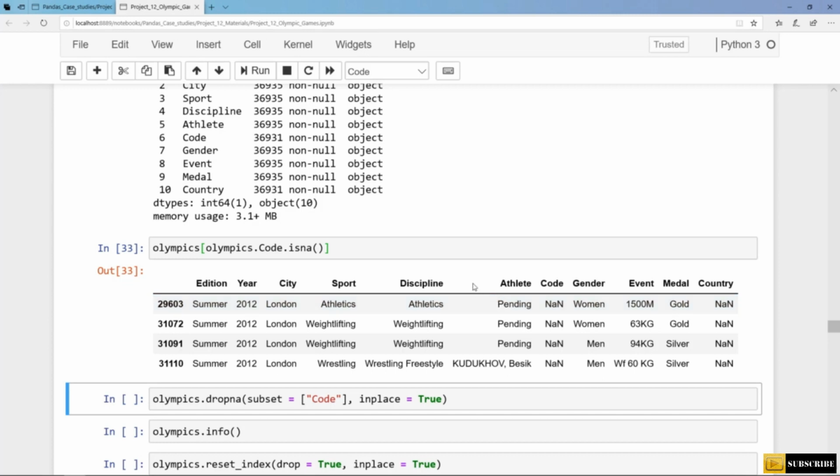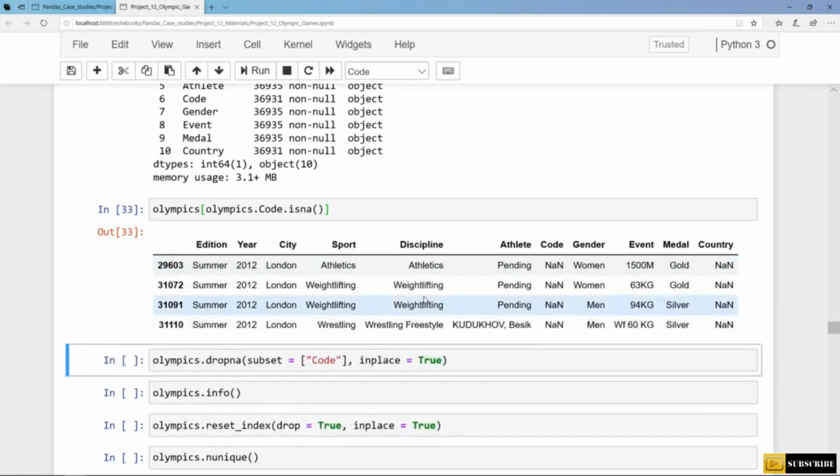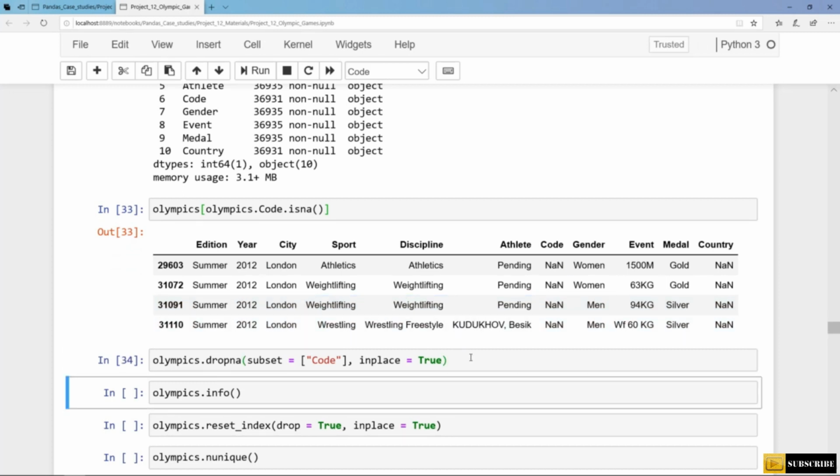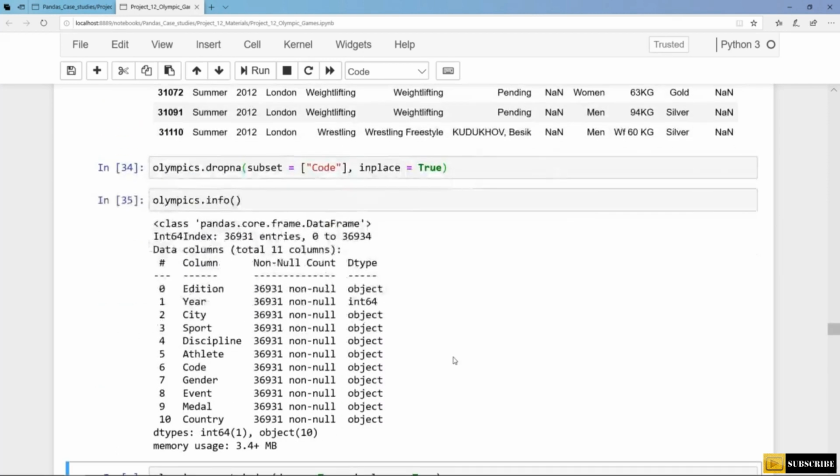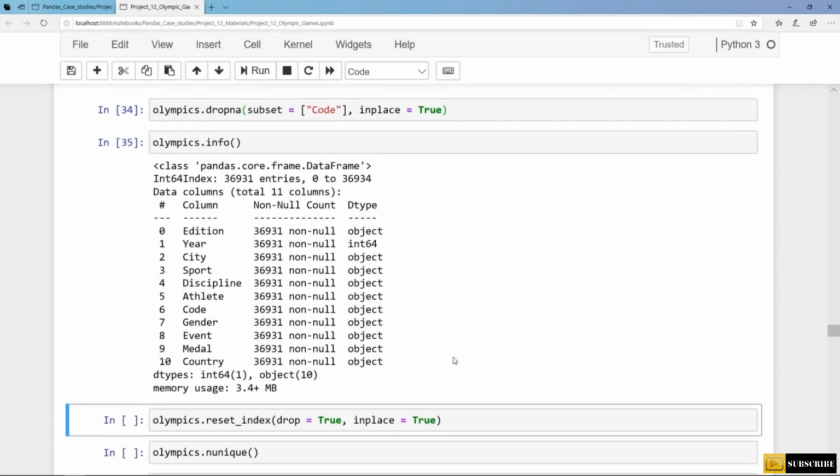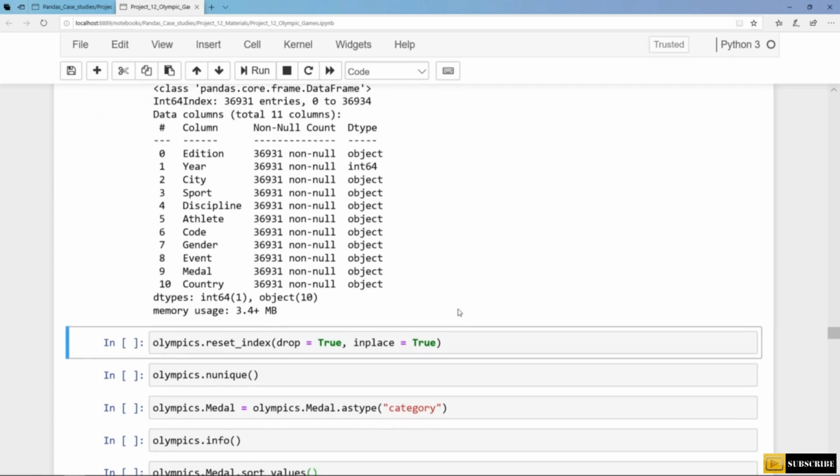But anyway, in this case we should simply drop the rows where we have missing values, and of course we can do this with dropna. We want to drop all rows where we have a missing value in the code column. Now we have removed all missing values, and let's restore the range index. As we have removed 4 rows, we do not have a range index anymore,